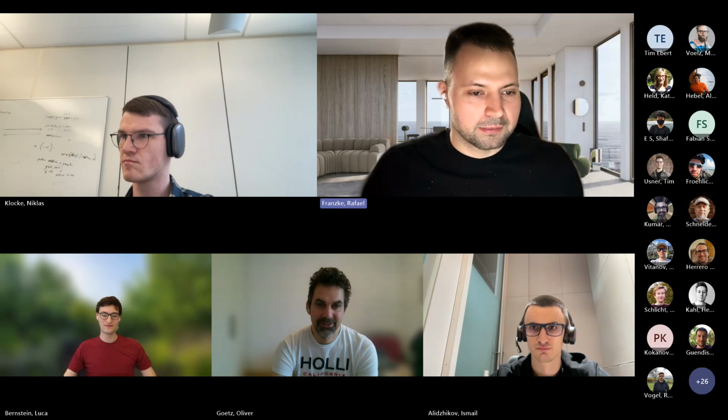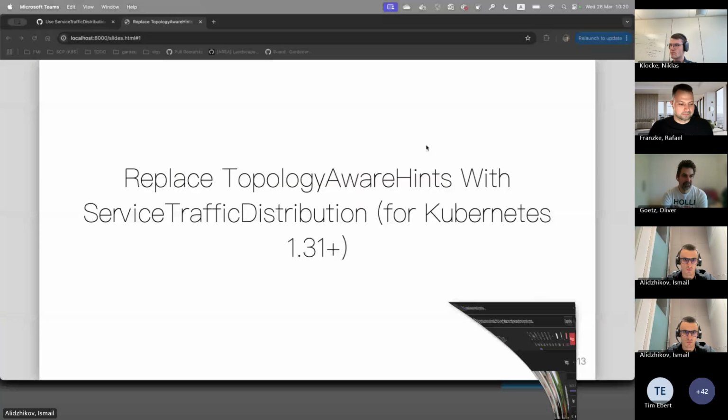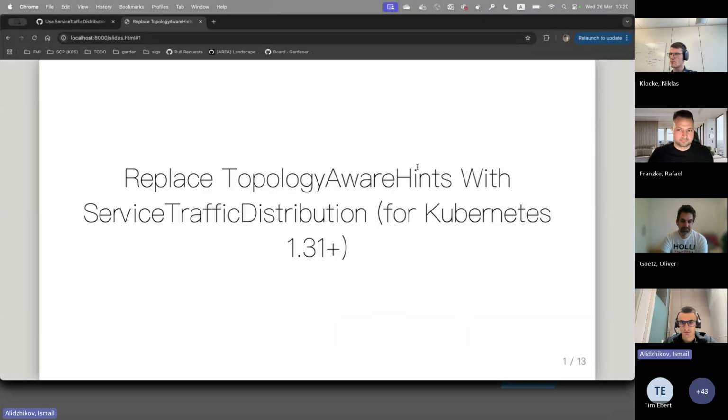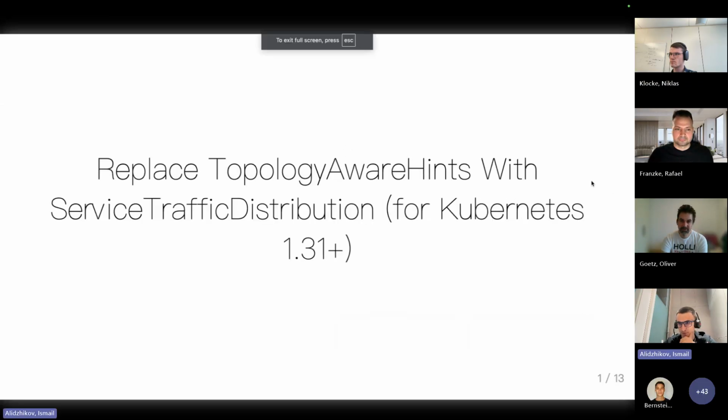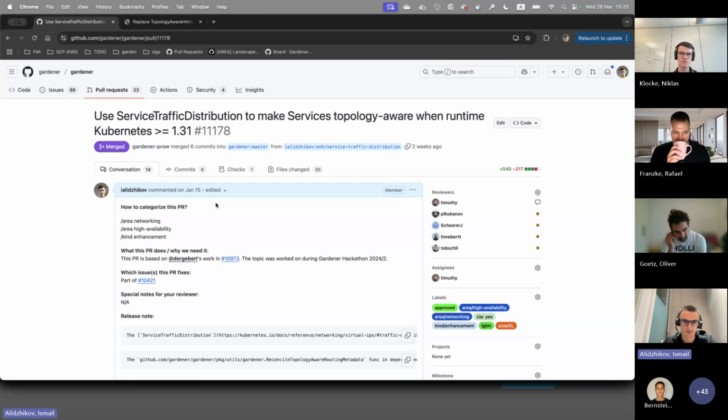Then let's continue with Ismail with replacing the TopologyAwareHints. Yep, I hope you can see my screen. I prepared a few slides because it wouldn't be me if I didn't prepare a few slides. I will talk briefly about this PR that I did. Basically, we use the service traffic distribution feature of Kubernetes when the Kubernetes version is higher than 1.31, in favor of the